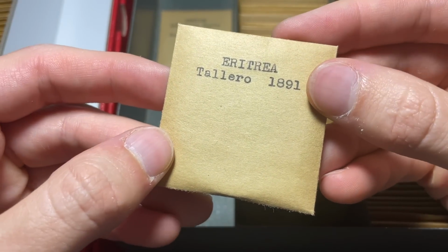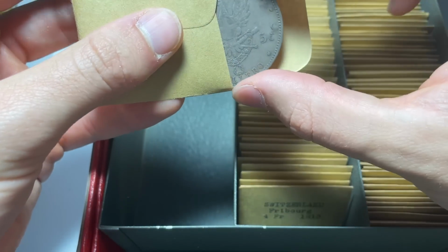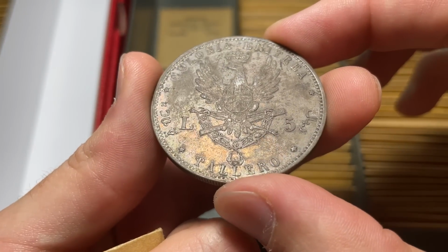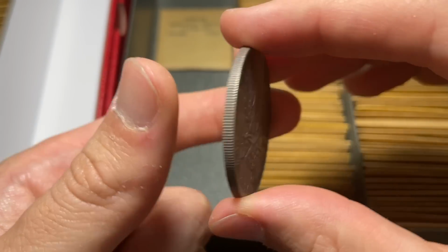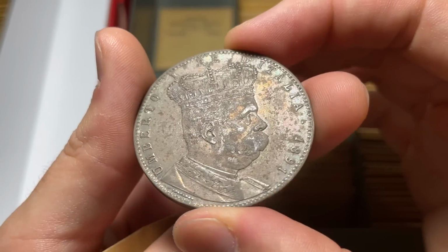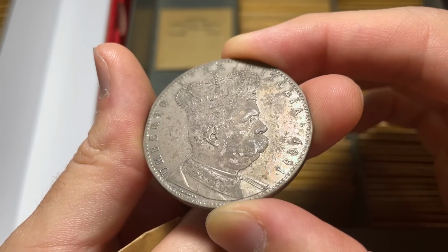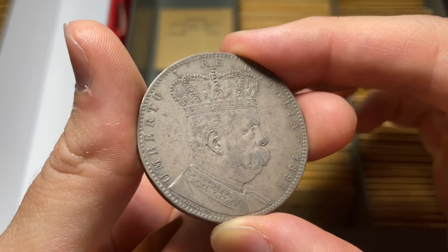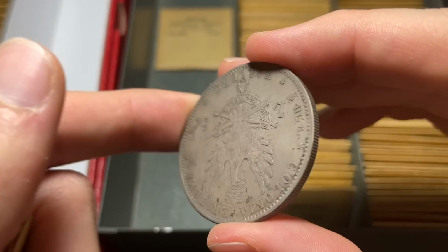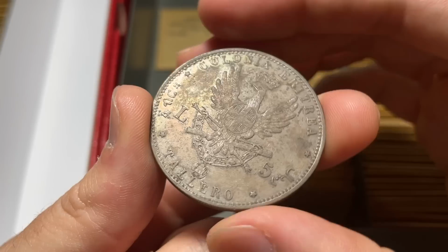This could be a much better one. Eritrea Thalero, because that's the big denomination. I think Italy had a lot of influence still. And yeah, there you see the colony of Eritrea, 1 Thalero, 5 lire. Is that, yeah, Umberto the First. Wow. This could be a really nice, again, I don't know condition on this. Is this a mint state coin? It looks like AU58 to me. Or just really nice AU. But